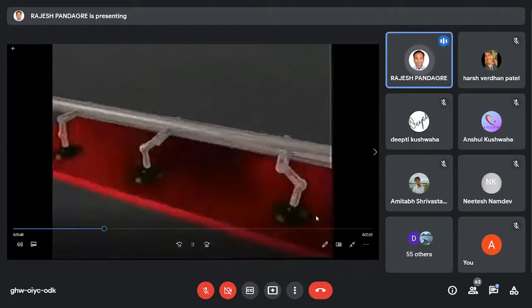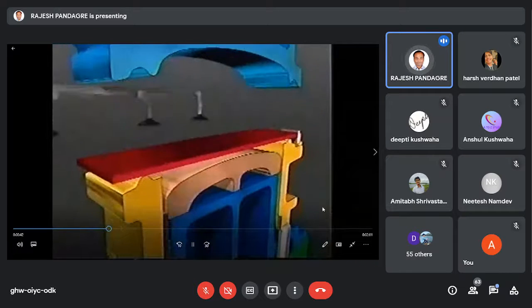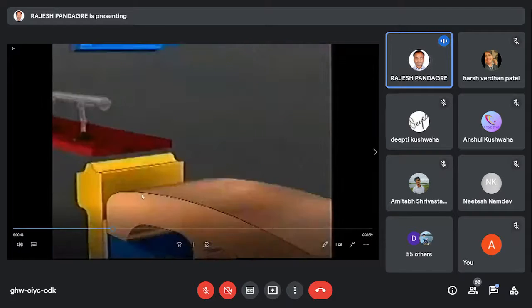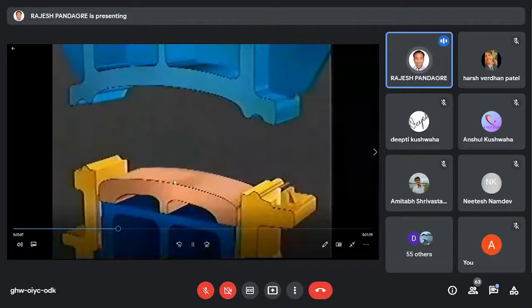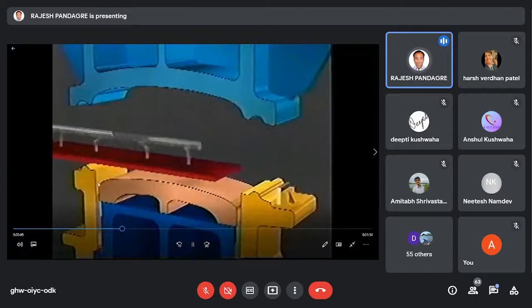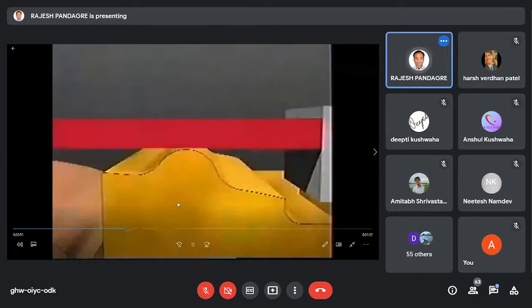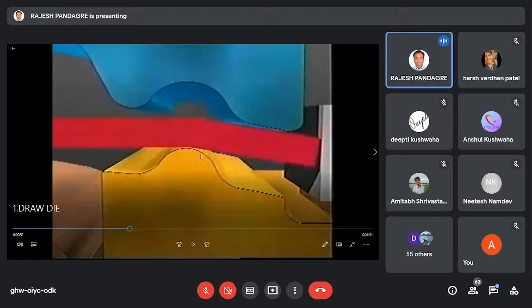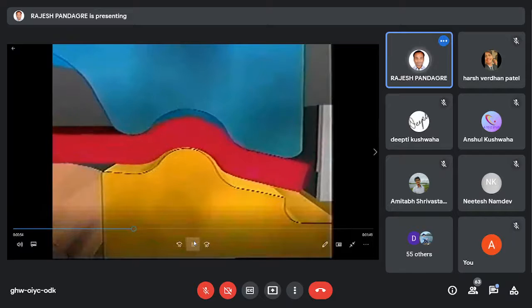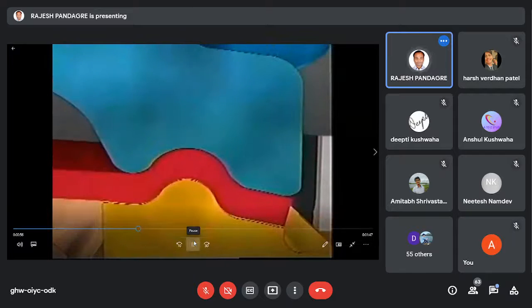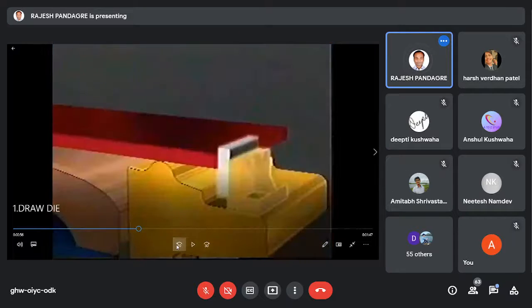Now this is the panel we are putting onto the die, and this yellow piece will be having a bead shape. You can see that, right? This is a bead shape here. See, you can see here what I was explaining. If you see a little more,